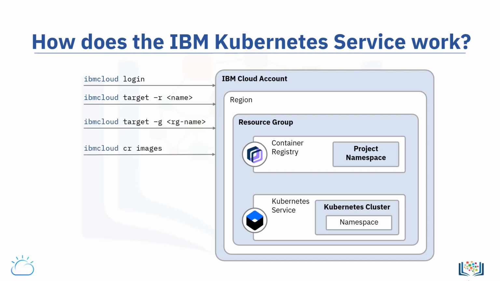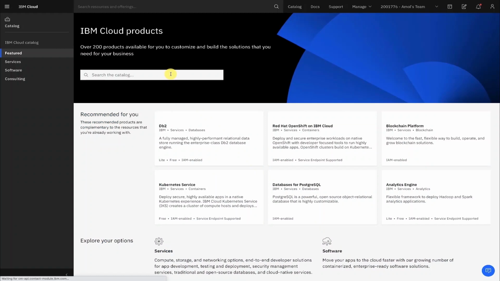Then you'd list or push images into a container registry with the IBM Cloud CR images command. You can list or create new Kubernetes clusters with the IBM Cloud KS command. And you can interact with your Kubernetes cluster with the kubectl command. Up next, we have a quick demonstration of how to spin up an IBM Cloud Kubernetes service, access it, and